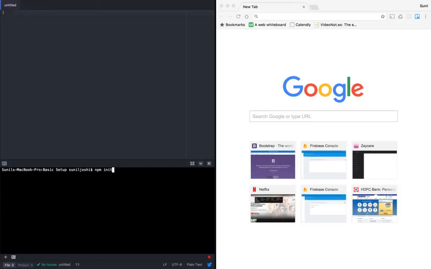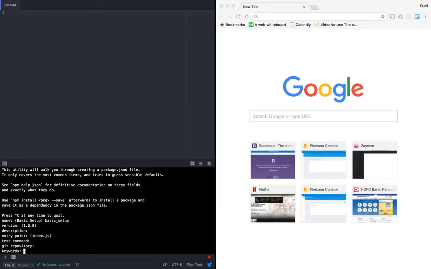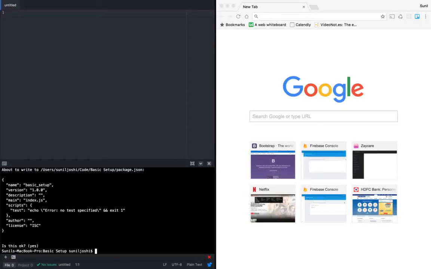So package.json is our metadata file for our project. The command which I keyed in is npm init, which is going to create our package.json. I'm just going to go with the basic options.